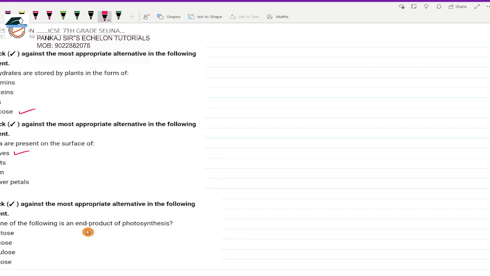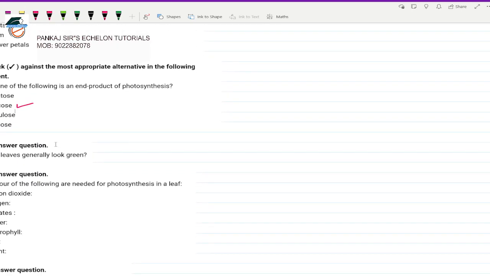Photosynthesis is something that takes place in plants. It's the process of manufacturing its own food, and it utilizes carbon dioxide and water from the atmosphere and the soil respectively, and it forms its own food, which is in the form of glucose. So the end product of photosynthesis has to be not fructose, not cellulose, not lactose, but glucose. So that's the answer. Good going so far. Next question is